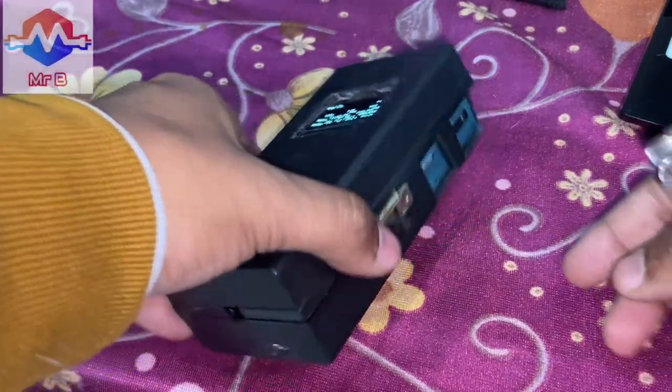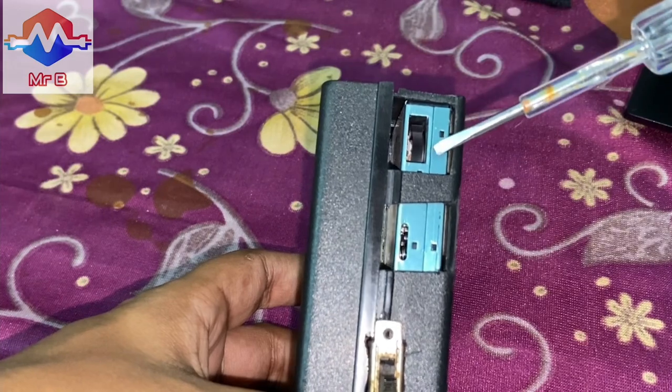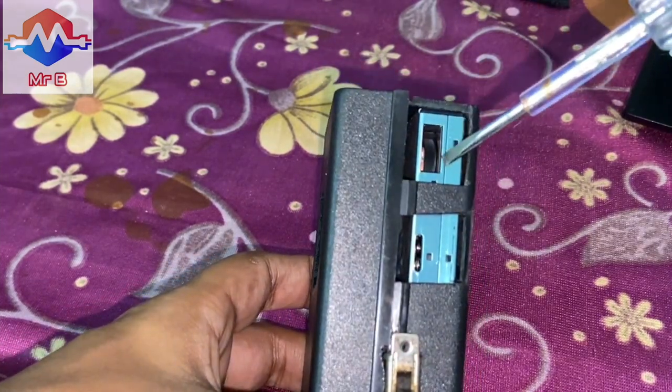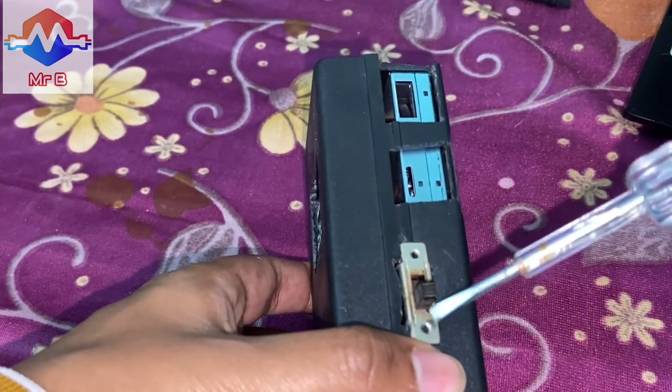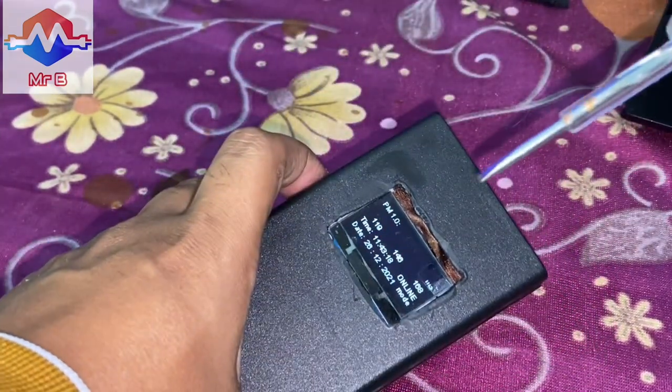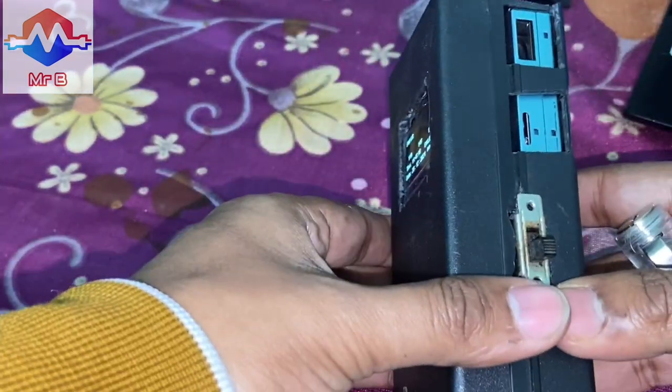So this is a close-up view. Let's start by looking at the side. This is basically the sensor. You can see the inlet fan running, and this is the outlet. This is the toggle on/off switch, or the master switch. This is the 1.3 inch monochrome OLED display, and if I just open it up,